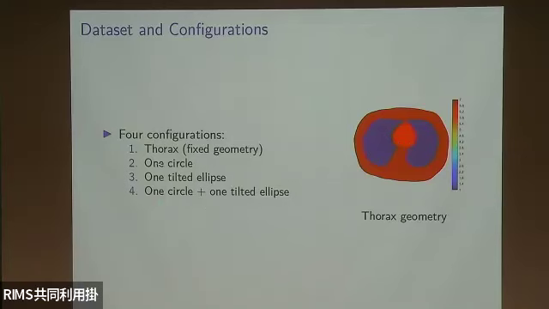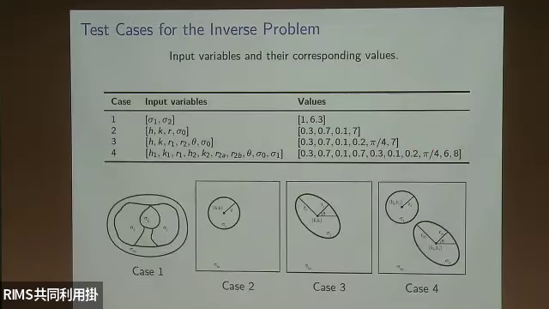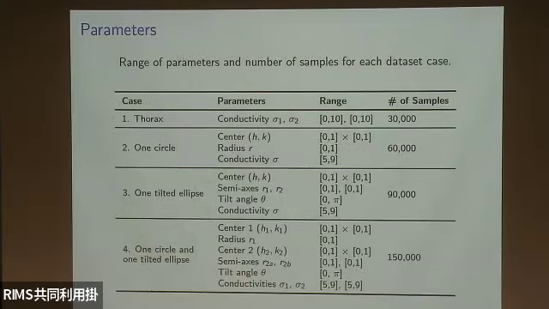And then for 2, 3, 4, these are for tumor detection. So it looks like this. What we're going to do is a finite dimensional optimization problem. Here you just want to solve for the conductivity sigma 1 and sigma sub 2. You have the same value for sigma 1 because it is the same value at the lungs and the heart. These are for the tumors. So we assume that you have 1 tumor. The first one is circular, the second one is elliptical, and then the third tumor detection case is where you have 2 inclusions. Okay. So these are the ranges of parameters.